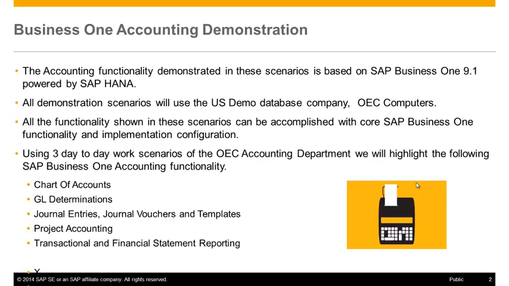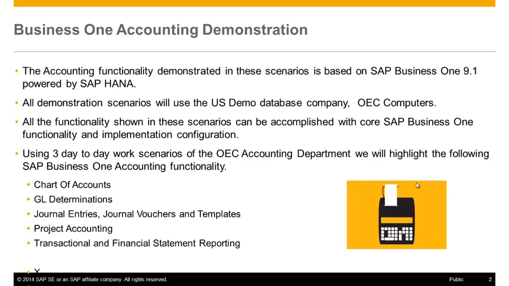Like most small businesses, OEC's landscape is constantly evolving as their products and markets change. To keep up with those changes, Dan Jenkins, the OEC controller, and his new accounting lead, Sue Topper, will show us how they configure and adapt SAP Business One accounting components to get their management team the information they need